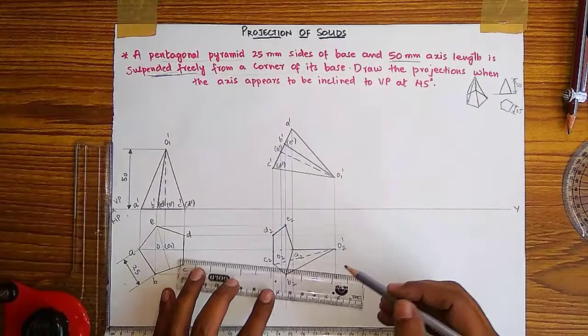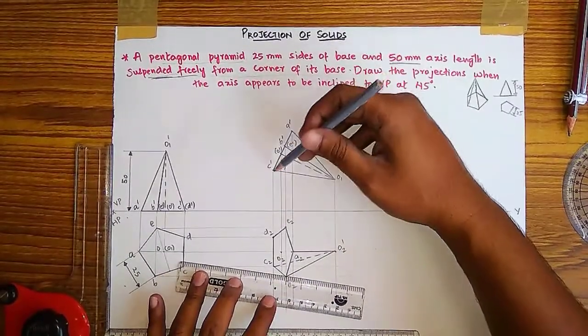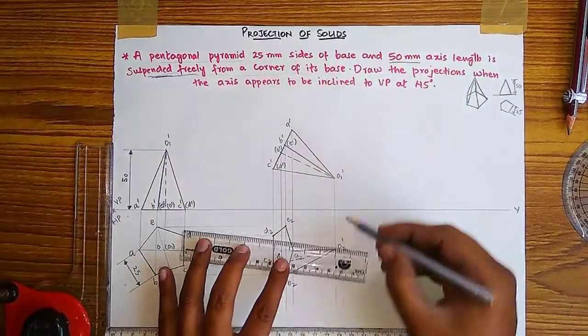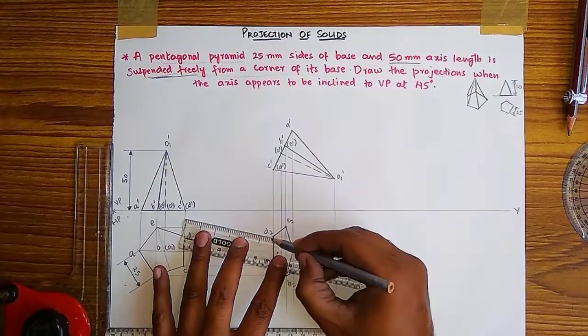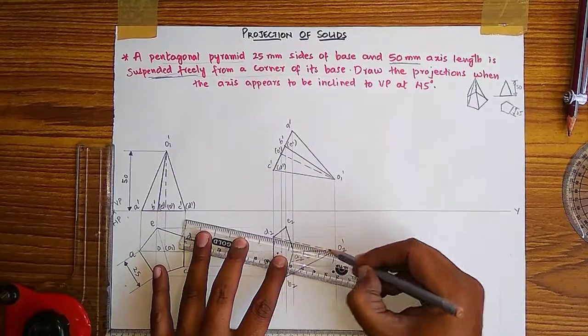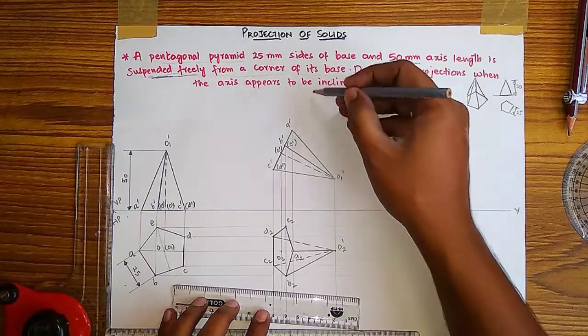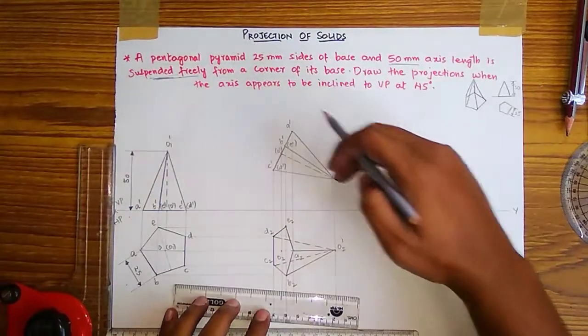Then after that you have to see D to D. D to D is not visible from the top. You have to do it as a dotted line. It is not coming on the boundary, so dotted line. Now E to E is visible from the top. Half portion of the angle is visible.